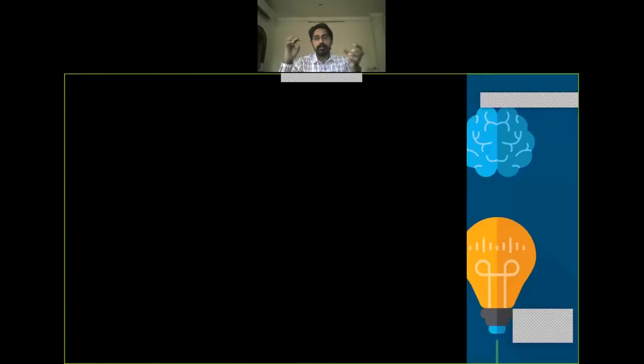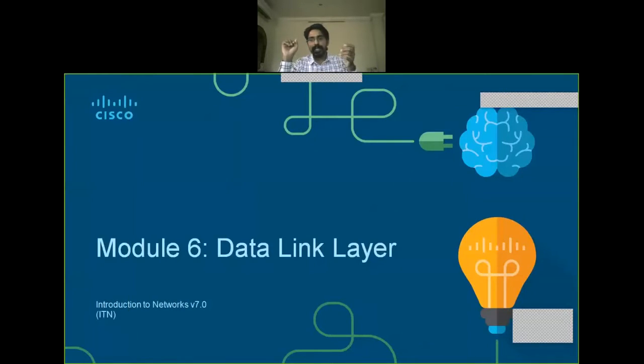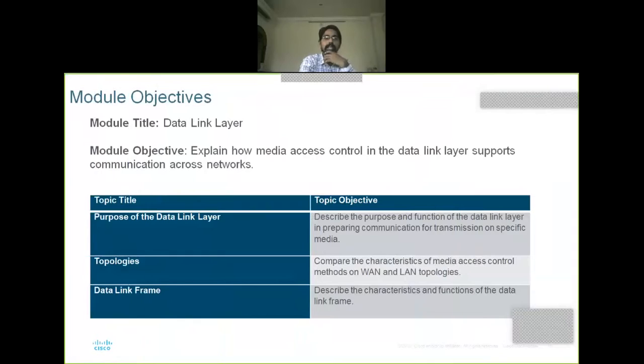So where do we have this data link layer in the OSI model, the 7-layer model? Actually, in the OSI 7-layer model, starting from the bottom, the first layer is the physical layer. We already studied the physical layer, completed with it, right? What is the next layer? Layer 2, data link layer. So now we will study what this data link layer actually is.